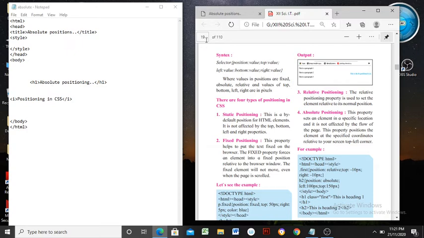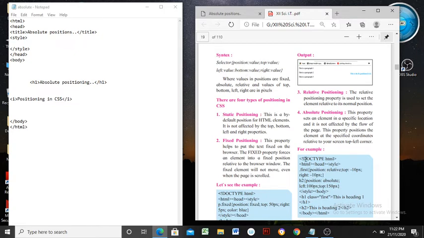Any browser window has a specific location where it starts, and as per the design in the browser's window, it will be applicable from the top left corner.